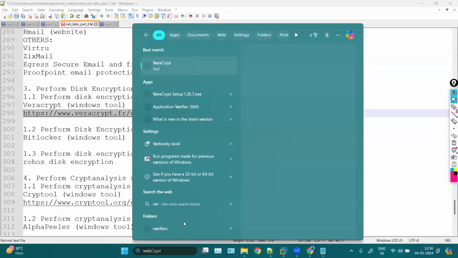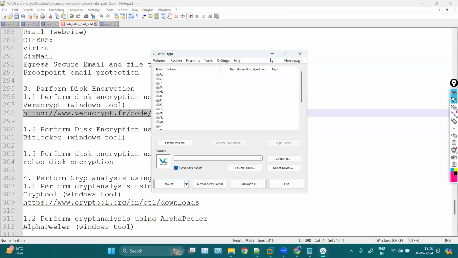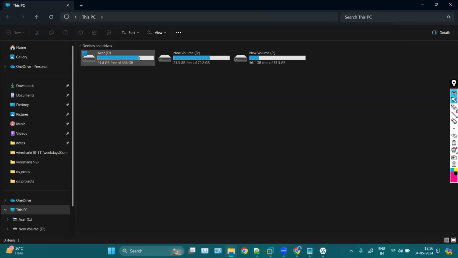Now how to use? We can simply open this VeraCrypt. See, this is the interface of VeraCrypt. Here we have these volumes. So what we can do, we have two options. First option is either we can encrypt these volumes, which are pre-existing, or we can create a new volume and